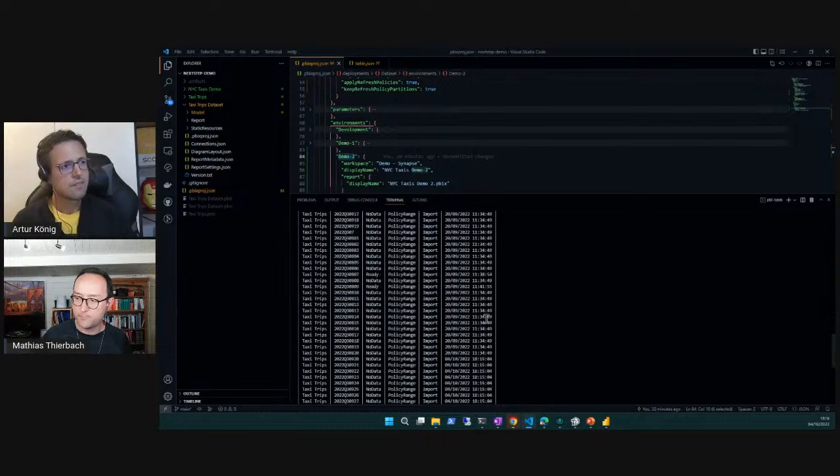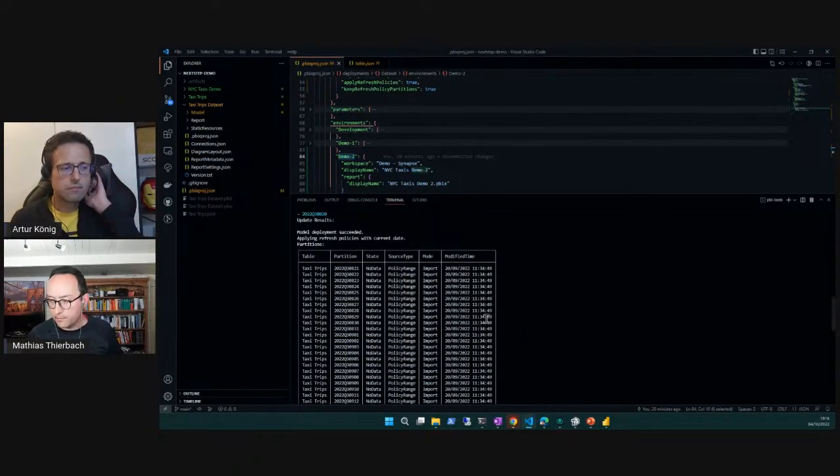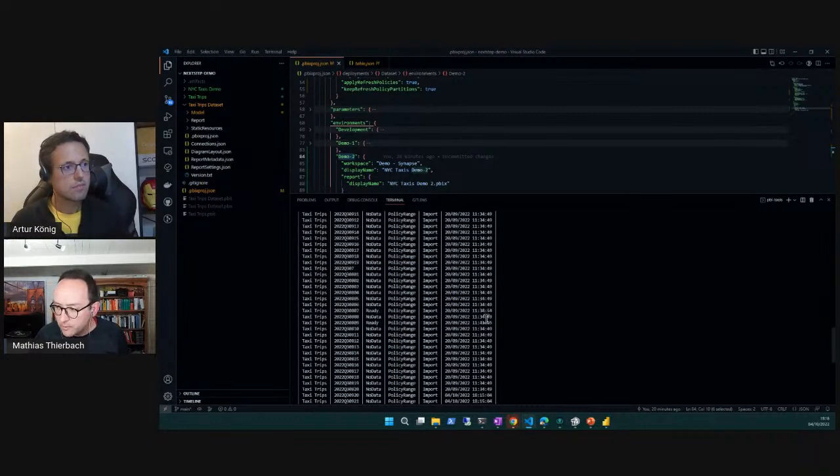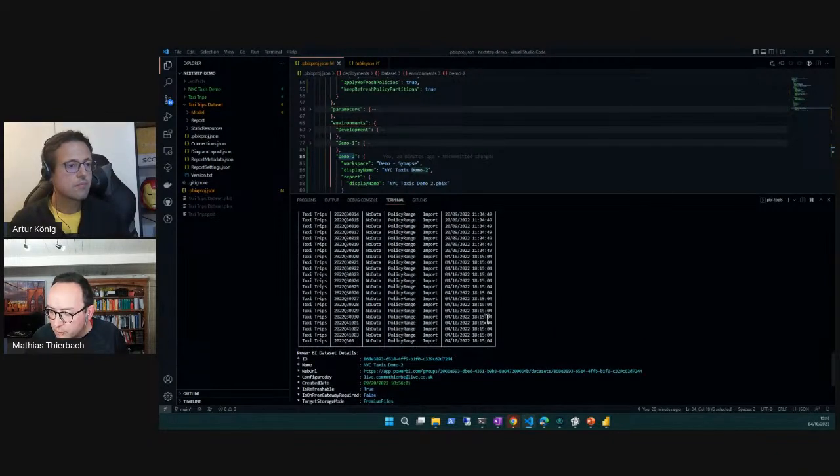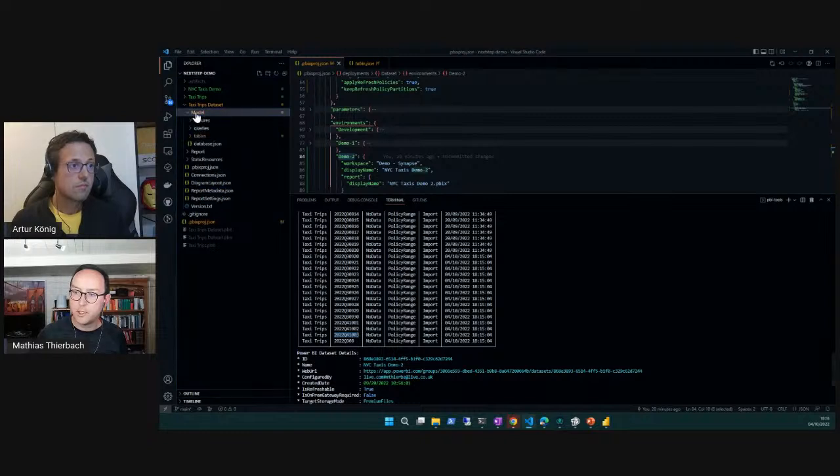So this is a very good way of verifying what's here. And what we can see specifically, there is now a partition for the 3rd of October. Today is the 4th. If we're looking at this particular table,